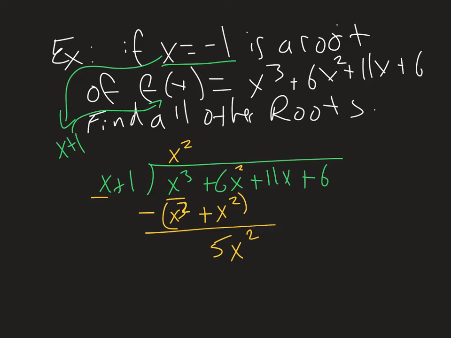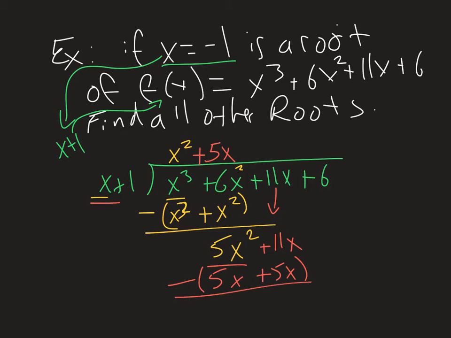So, if we're looking at the next term after we bring down our 11x, we're going to look at x and 5x squared. How I get there would be multiplying by a 5x. So we're going to have 5x multiplied by the plus 1. We get plus 5x. Again, we subtract, and that would leave us with 6x. We bring down our 6,